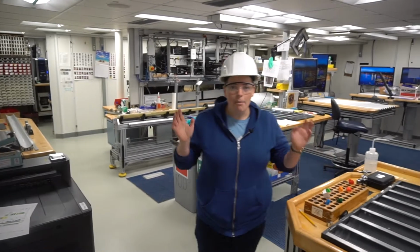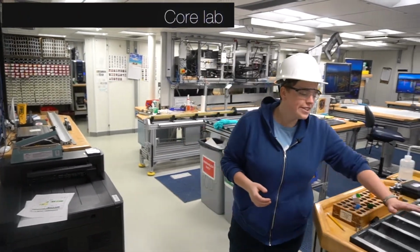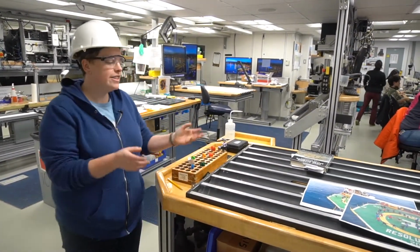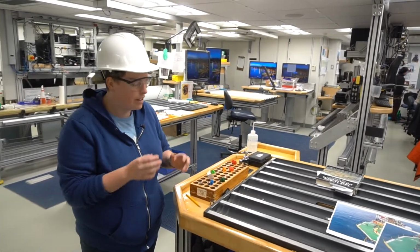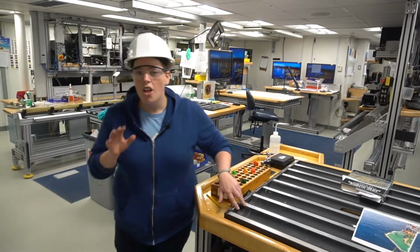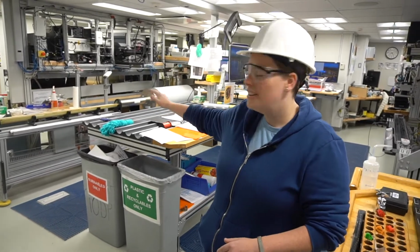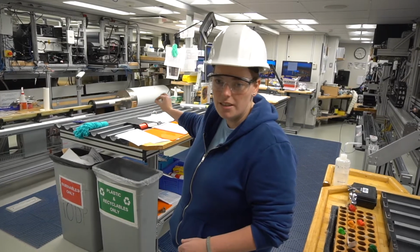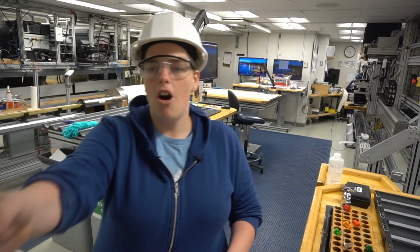Here we are in the main core lab, where the cores come after they get cut up. So one half goes on this table here. This will be the working halves of the cores. So these halves the scientists can come, they can take little bits out of, they can mess around with and really get stuck into. The other halves go over here on the archive table. Now scientists are not allowed to mess these cores up because they want to stay nice and pristine. In fact, once the scientists have had a look at the archive halves, they get put over here in these special containers